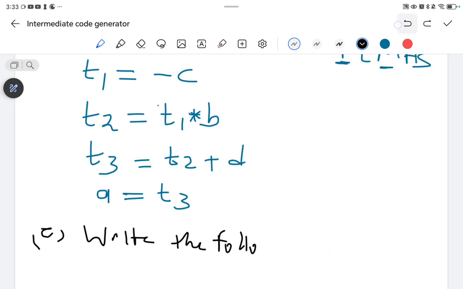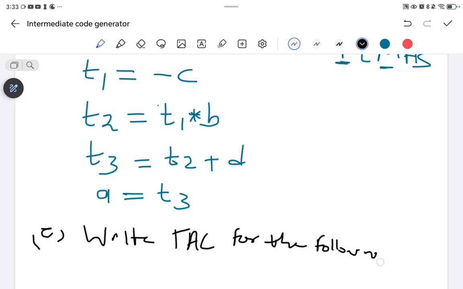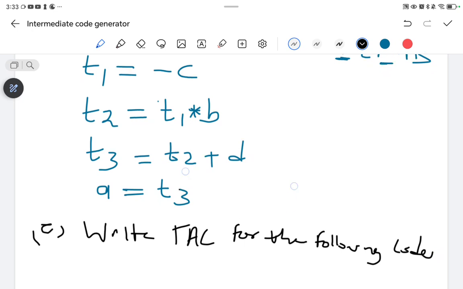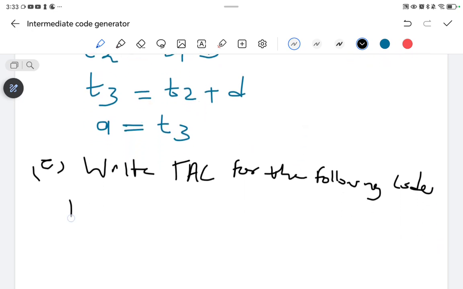Maybe they say write TAC for the following code. Then they give you the code, and they say that the code is like for I equals 1,